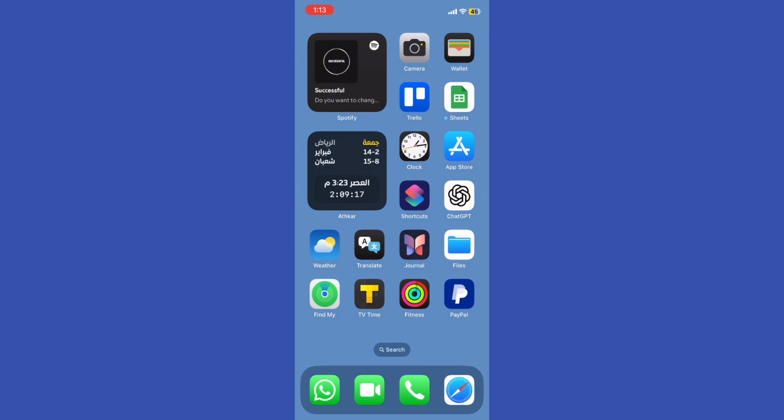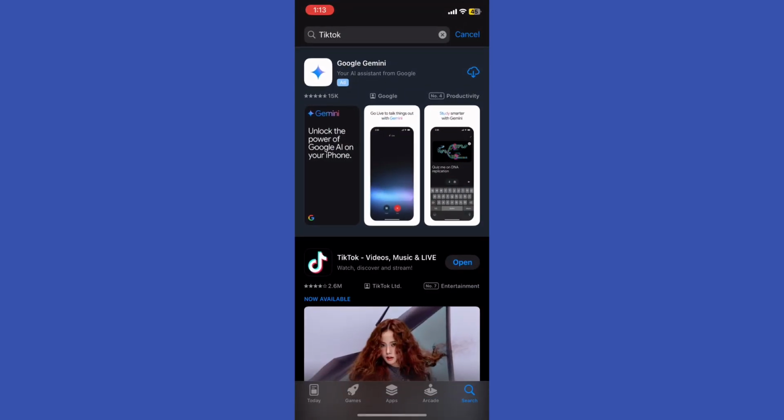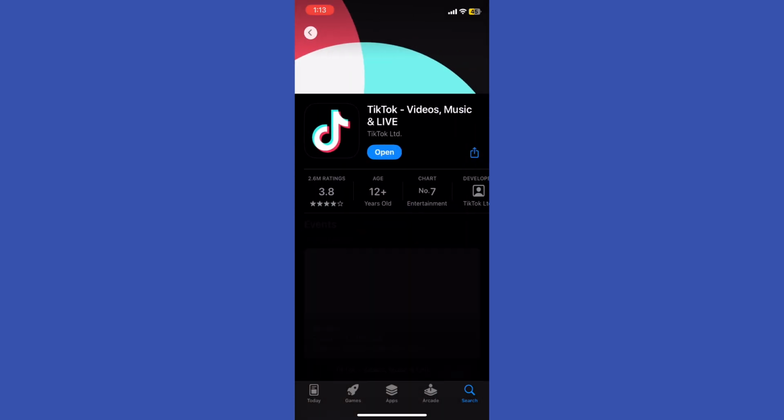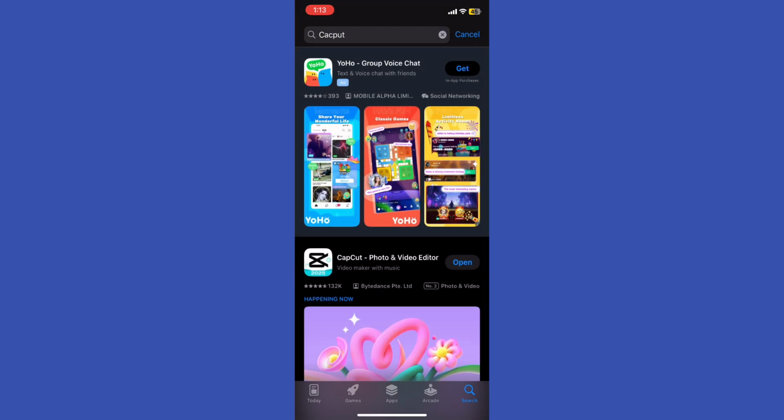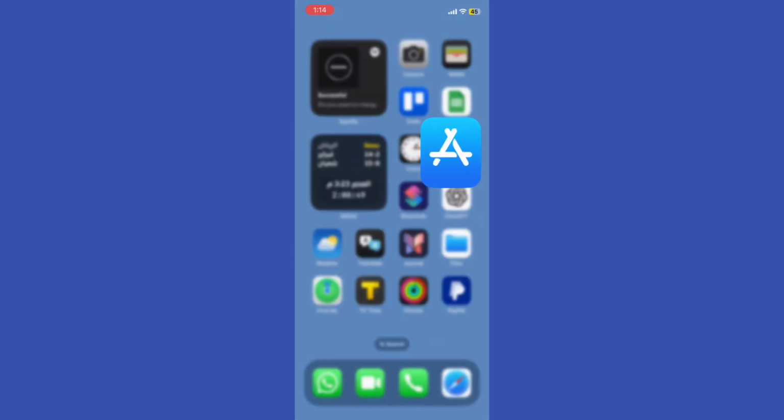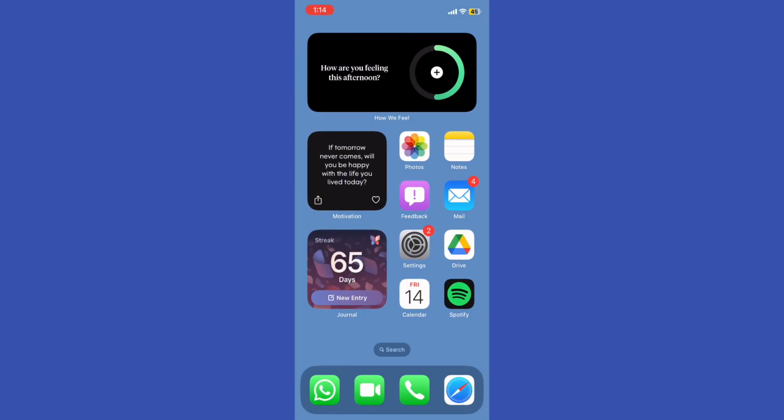These apps were temporarily removed from US app stores on January 19th, 2025, due to national security concerns under the Protecting Americans from Foreign Adversary Controlled Applications Act. However, they have since been reinstated following an executive order by President Donald Trump, which granted a 75-day reprieve